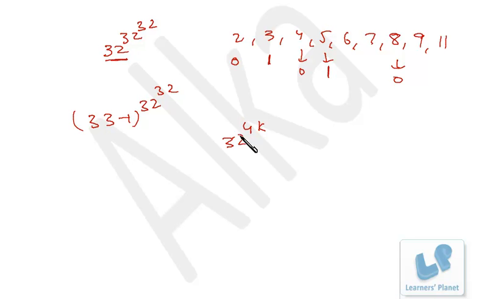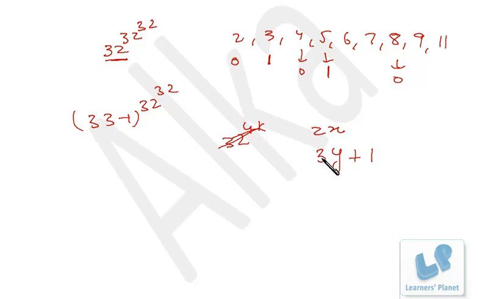Now listen to me carefully. The number is a multiple of 2. That means the number is actually 2x. Maybe x is any quantity, we are not bothered. And when the number is divided by 3, the remainder is 1. So I can say the number is 3y plus 1, right?